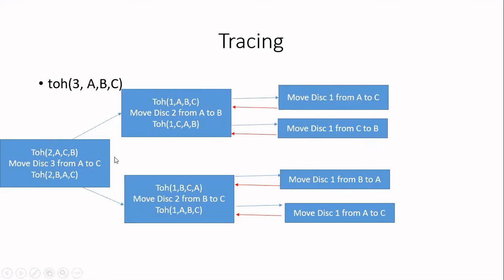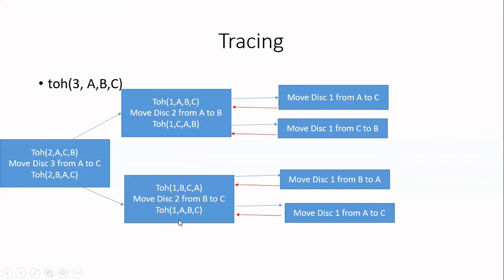The four are over. Now you have the lower recursive call. For this recursive call, we have this one. In that, we have again called this function. Here, this is the base case. So you print this output: move disk 1 from B to A. This will be printed. After that, follow the red arrow. Go here. This is over. So the next is move disk 2 from B to C. Print that. So this is statement number 5 and this one is statement number 6.